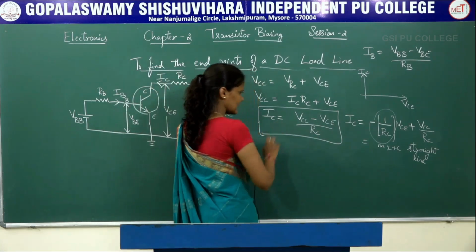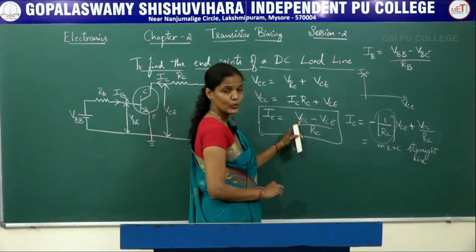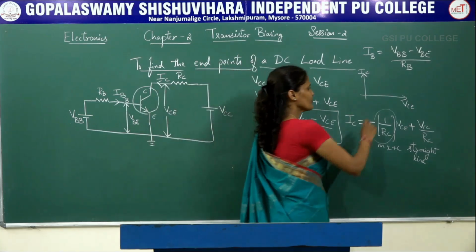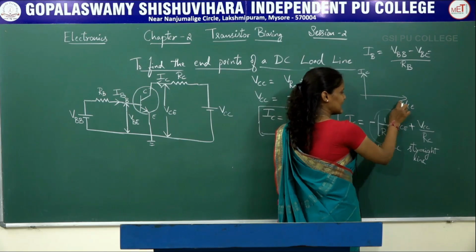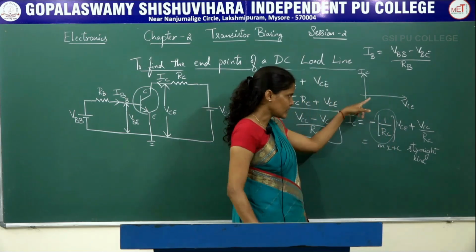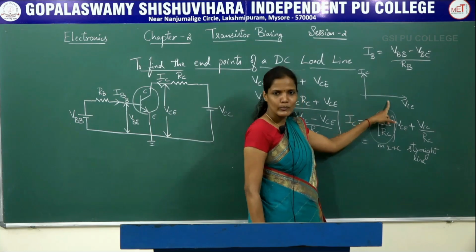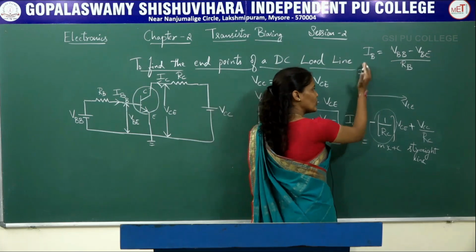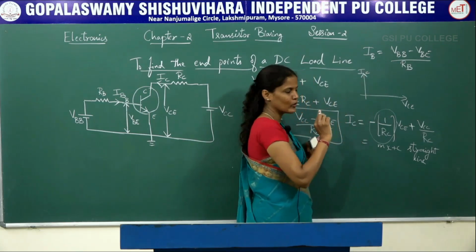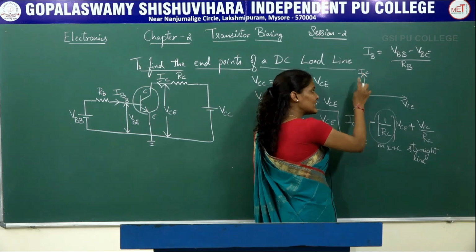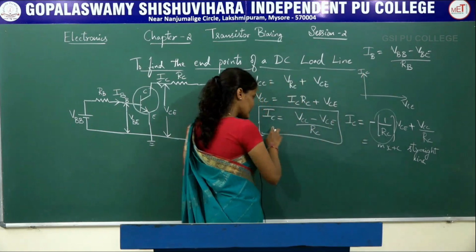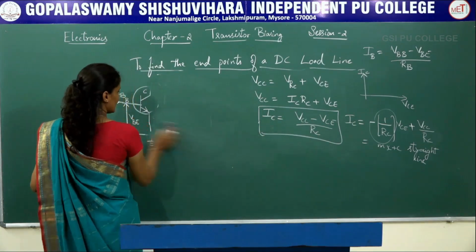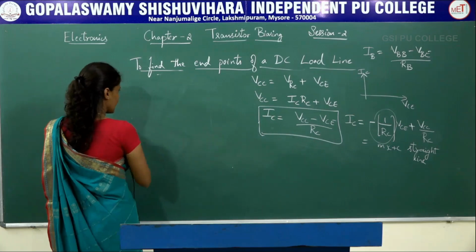So if I consider this particular expression, IC equals VCC minus VCE by RC, and I want a point on this line on this axis: if I consider this particular line, the IC value will be equal to 0 over here. If I want a point on the y-axis, at this line the VCE value will be equal to 0. So for this particular equation, IC equals VCC minus VCE by RC,